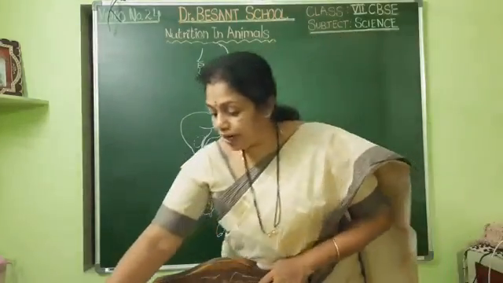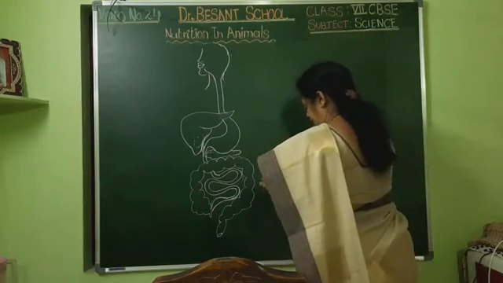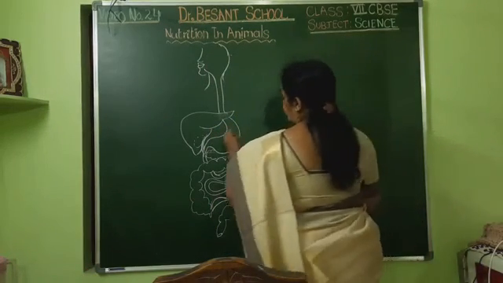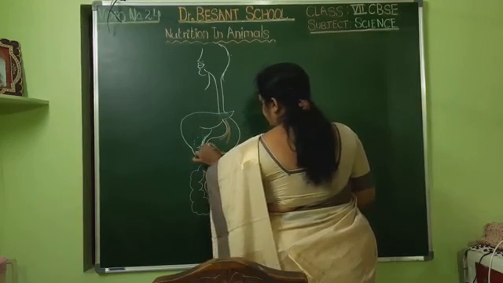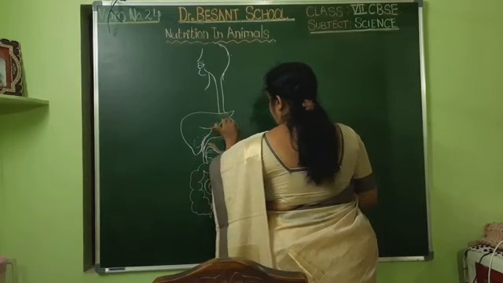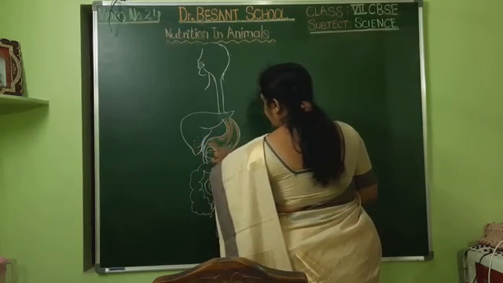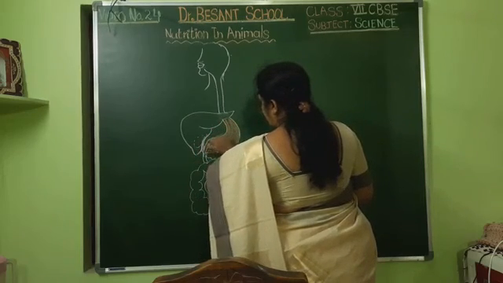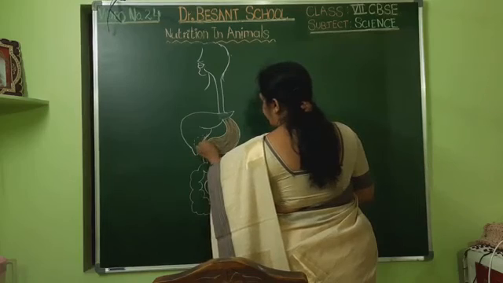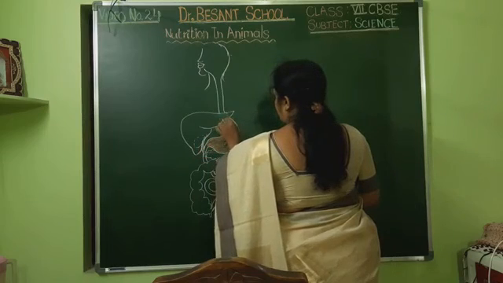Now I shall color each part so that you will understand very well what I am trying to draw. Okay, I shall start with different colors. Here I draw the stomach with an orange color. Okay, children. If at all you have any doubt, you can use the color pencils to draw. Last time many of you drew wonderful diagrams and showed them to me. It was very nice. For your understanding, you can draw like this.